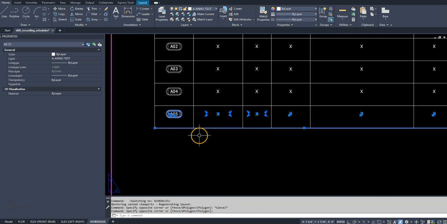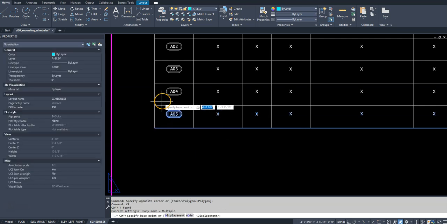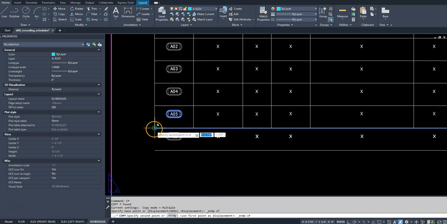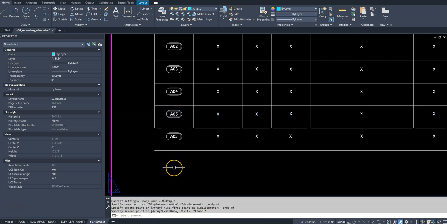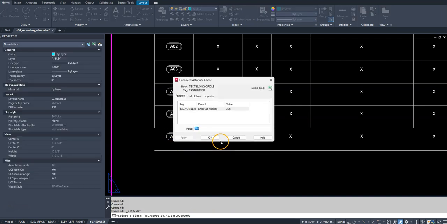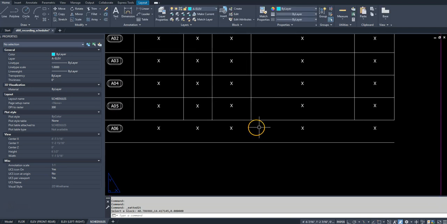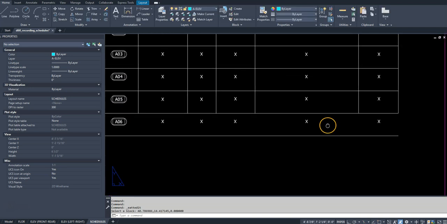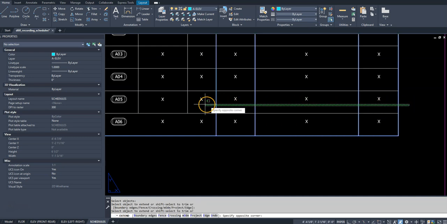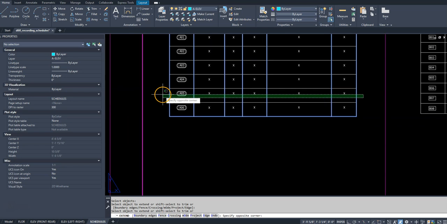So all you have to do is then do your copy command, copy from base point, so the top portion of that row, and come down and paste to the bottom portion of that row. Okay. Then we can change that to A06 and we're ready to go. All we need to do is extend those lines down, so we can use the extend command. I want to extend to that face,